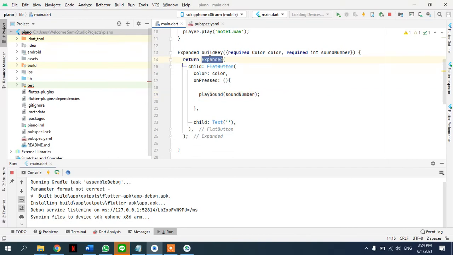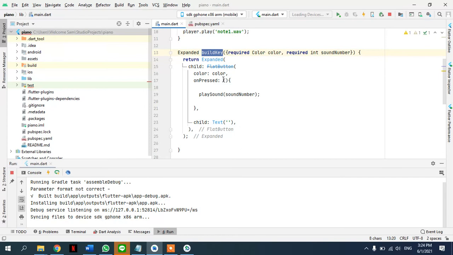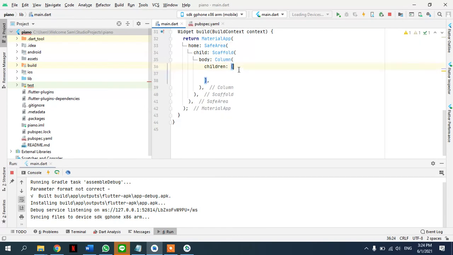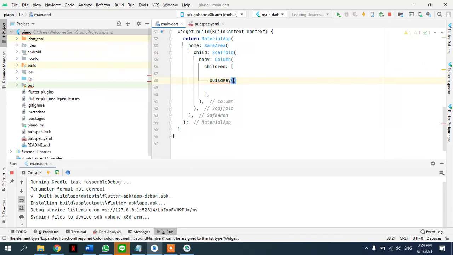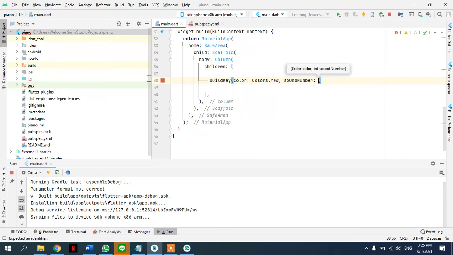So we will just use this method that is returning an expanded widget. And how many times do we want to return it? Build key. So color value is going to be Colors.red. This is our first, and the sound number is going to be 1,